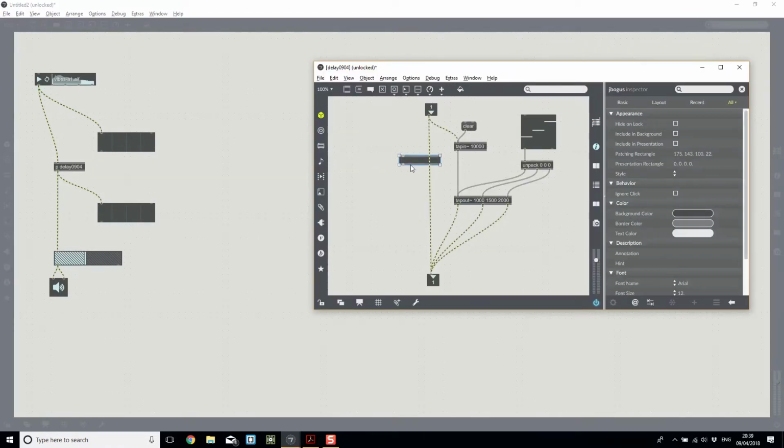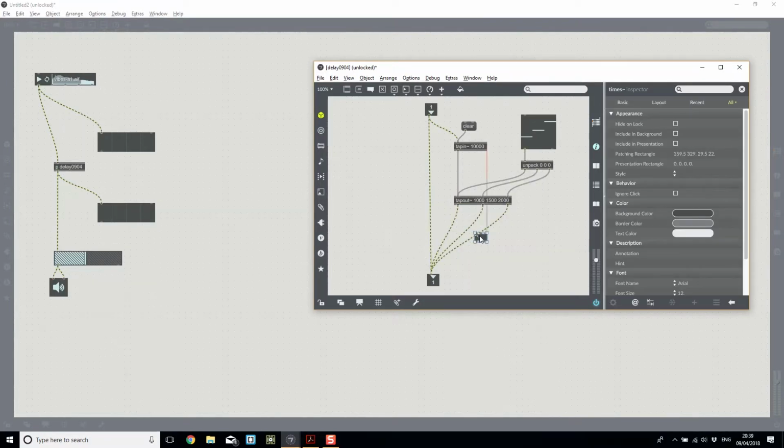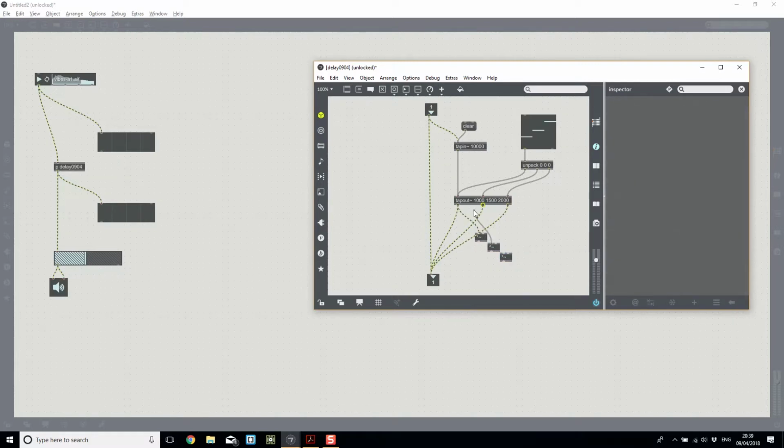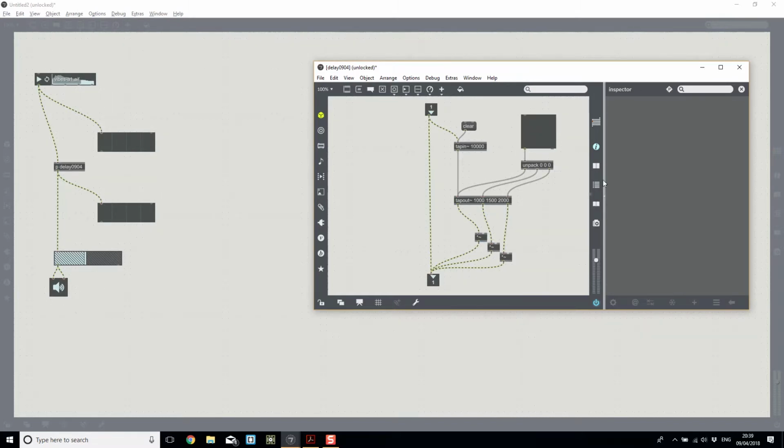What I'm also going to include, I'm going to do a multiplication tilde. I'm actually going to do 3. And we are going to use these to individually control the volume of our delays. Because it's very important that if we have all our delays down here, we don't appreciate that they are not actually off. They are all just playing with a 0 delay, which means that our volume is at about 400%,